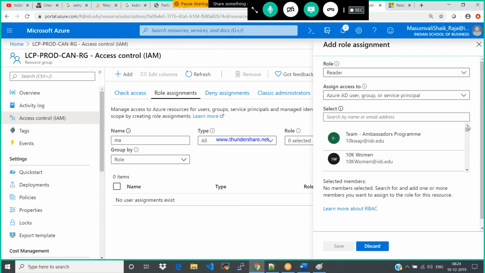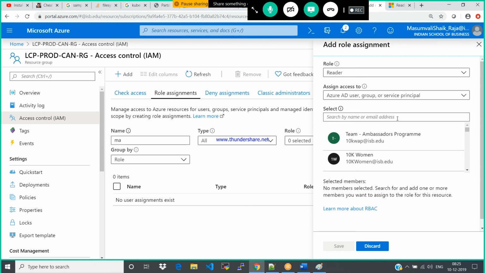The domain is using Azure Active Directory. So once you use this, it will automatically pull from there. That is the backdrop of Azure AD.